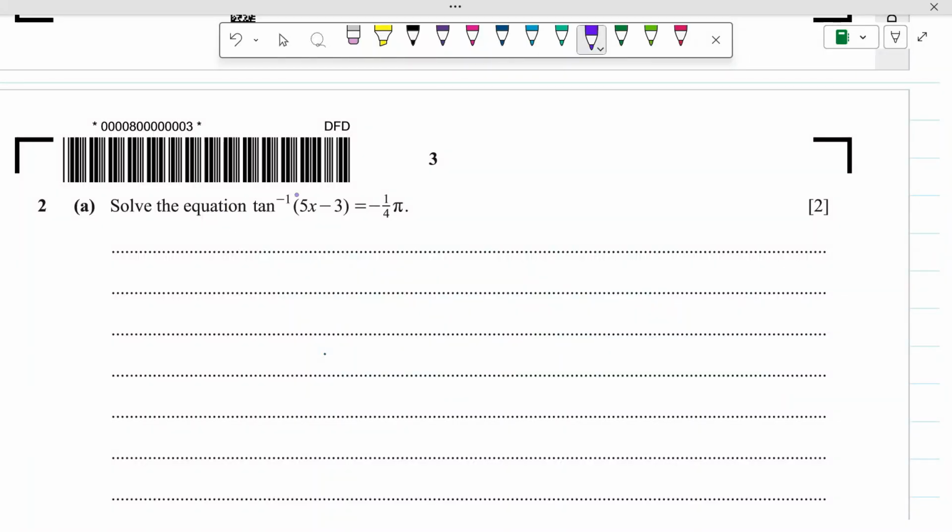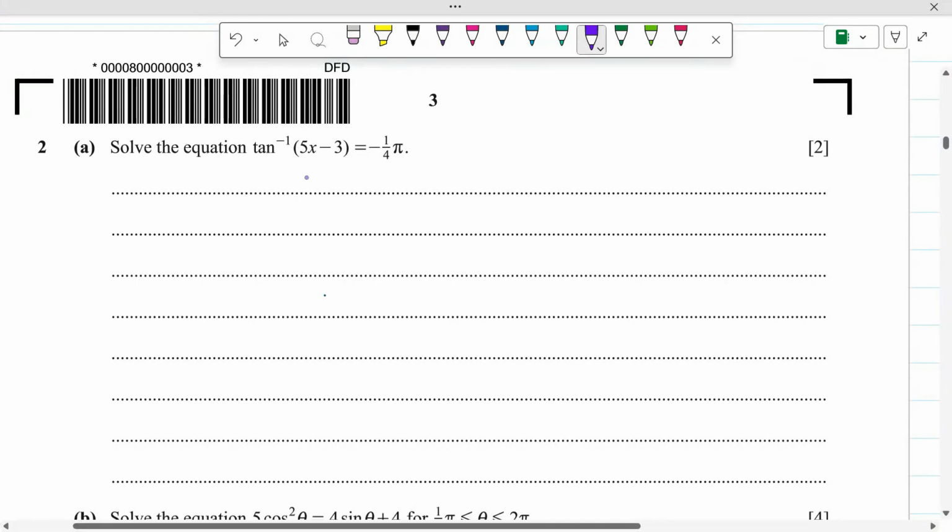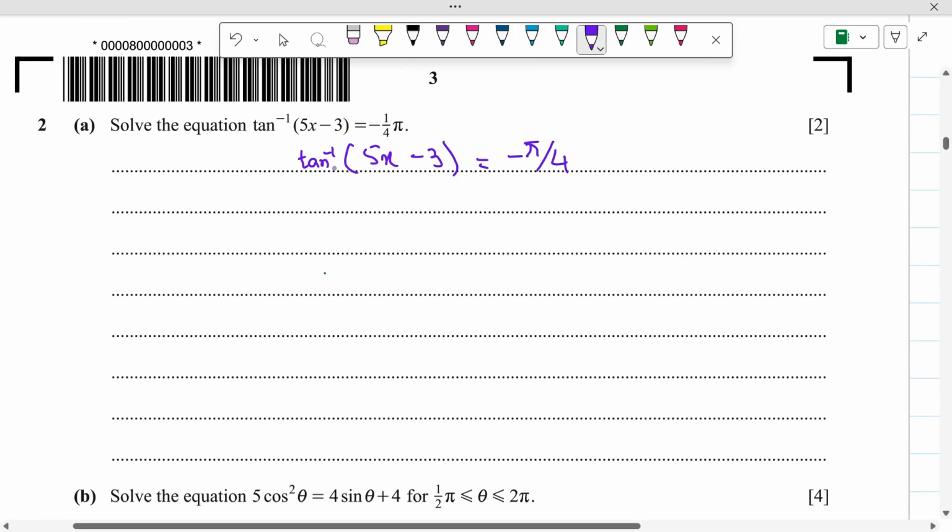Okay, let's move to question number 2. Solve the equation tangent inverse of 5x minus 3 is equal to negative 1 over 4 times pi. So it is given that tangent inverse of 5x minus 3 is equal to negative pi by 4. When we switch it to the right side, it will be,